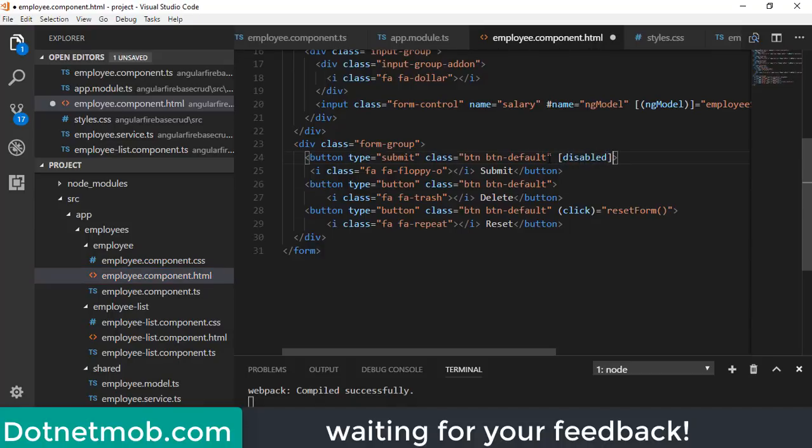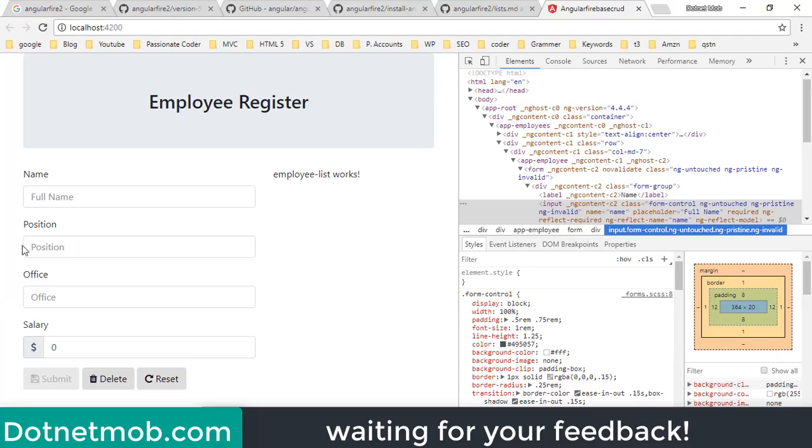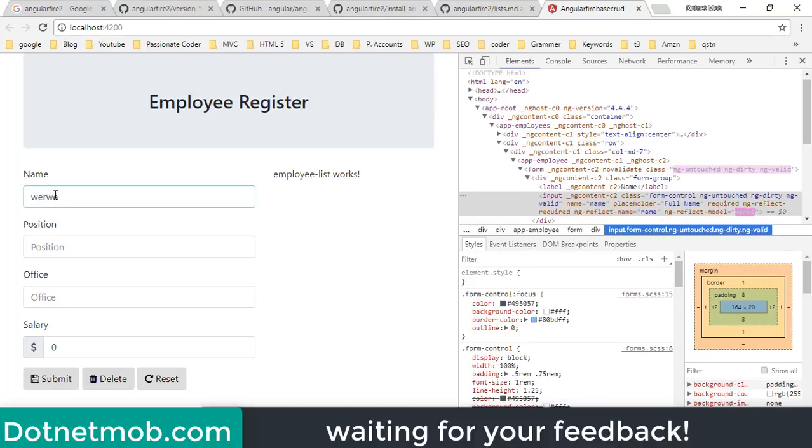We will disable this submit button control if the form is not valid. Negation symbol, then employeeForm.valid. Right now this form is invalid because this text box is empty. If I enter something inside this text box, the submit button is enabled.